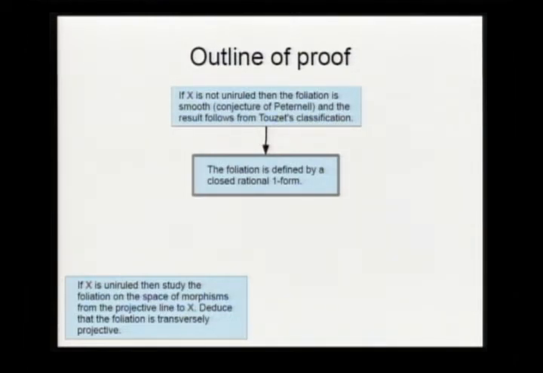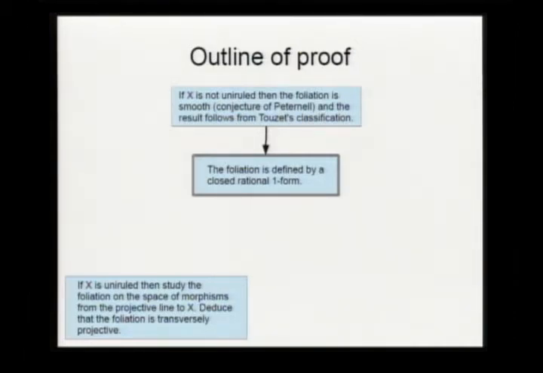And essentially, this hypothesis of canonical bundle numerically zero allows us to do the following. We start in our variety X, which is now uniruled, so it means that it has rational curves everywhere. And from our foliation on the space, we can produce a foliation on the space of rational curves. And this foliation is non-trivial, it's not the foliation by points, because of the hypothesis canonical zero. And we can work there and conclude that our foliation is not yet defined by a closed rational one-form, but it's close enough.